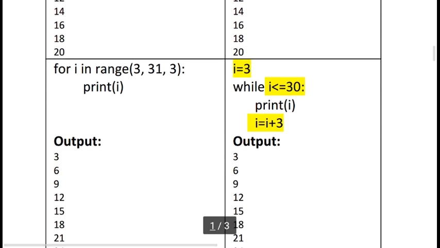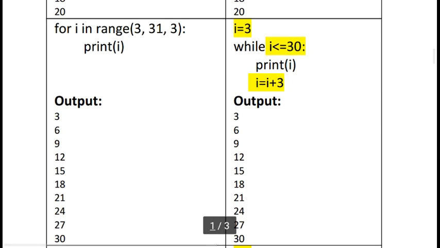Now the next program, the same program, but it is a table of 3, as we can say in our words. So for i in range(3, 31), the loop will stop when the value reaches above 30. And the 3 means a gap of 3 values: 3 plus 3 is 6, 6 plus 3 is 9. In this style the for loop will work and display 3, 6, 9, 12, 15, 18, 21, 24, 27